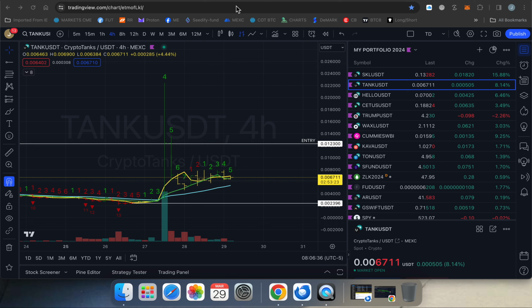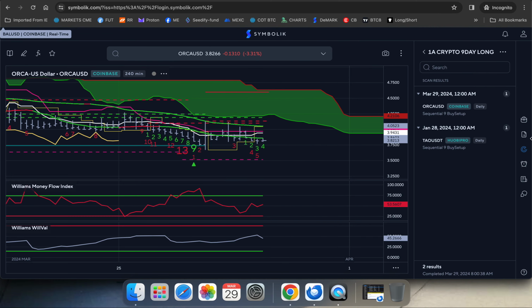Make a quick video. Thought I'd show you how to find coins or stocks, I guess. Well, at least coins that are moving, crypto coins that are moving for the day. If you don't have access to the symbolic scan engine,